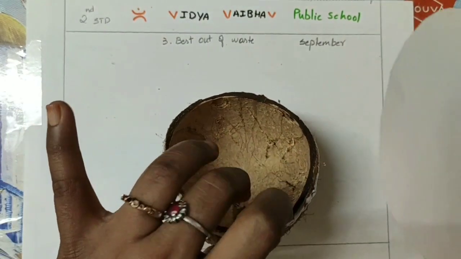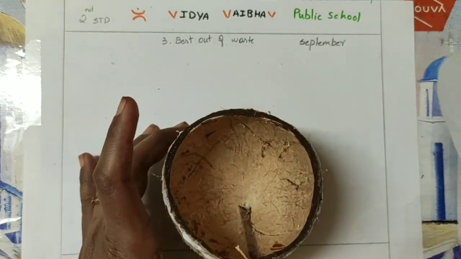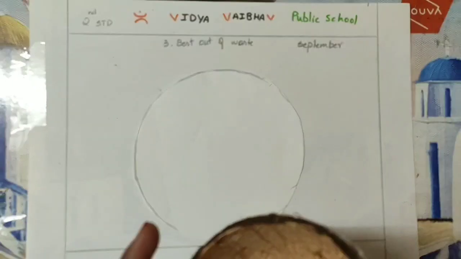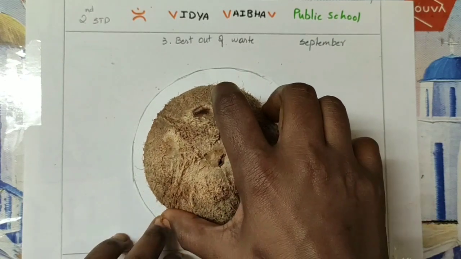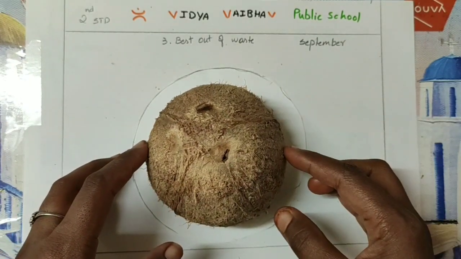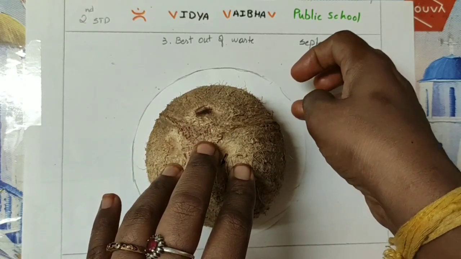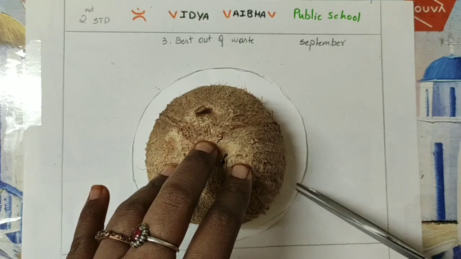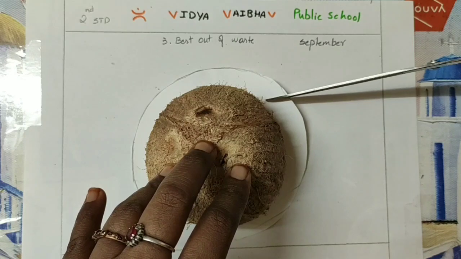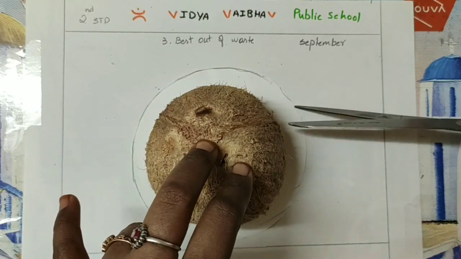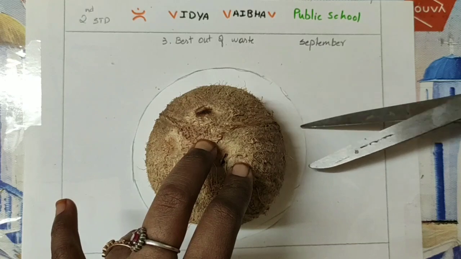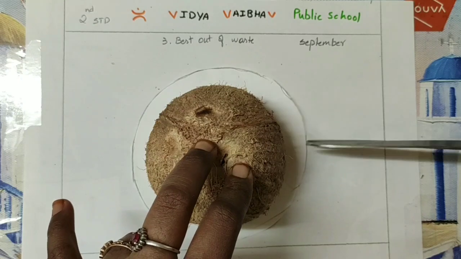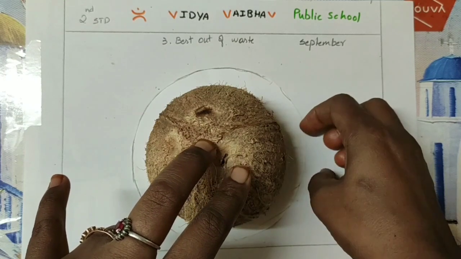And then take the circle. We should fix it like this. So I'll keep the paper down and I'll reverse it now. I'll just keep it properly in the center. Yes. And then we should cut like this. Slightly you should cut, just like this. Okay. Please take help of your elders. Please, you are not supposed to use sharp edges. Okay. I'll teach you another technique also without using a scissor.